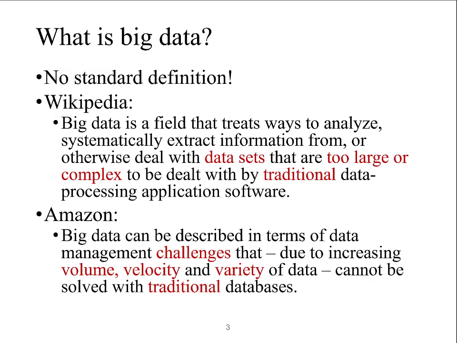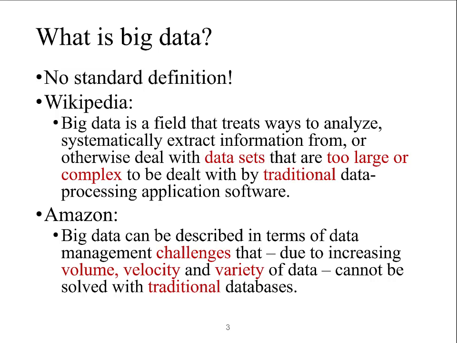If we dig a little bit more into these 2 definitions, it appears that, first of all, big data is the datasets or the management of datasets. The characteristics of these datasets are that they are large, complex, or, in Amazon's definition, they use the 3 V's: the volume, velocity, and variety. So this describes what kind of data we're talking about.